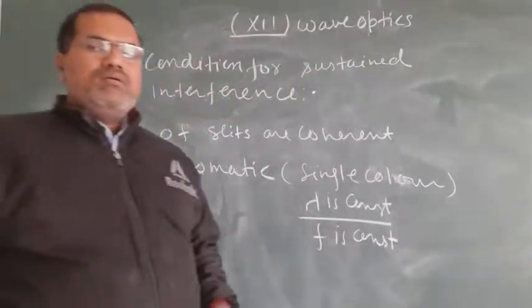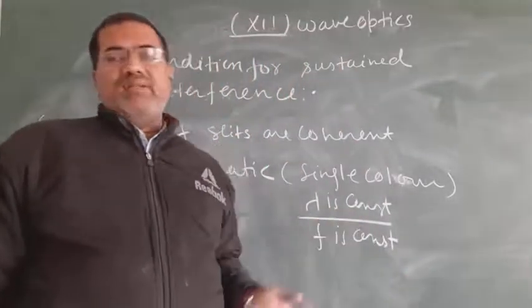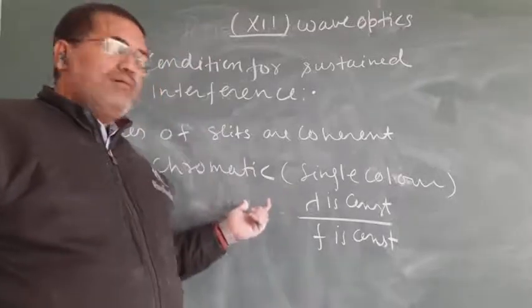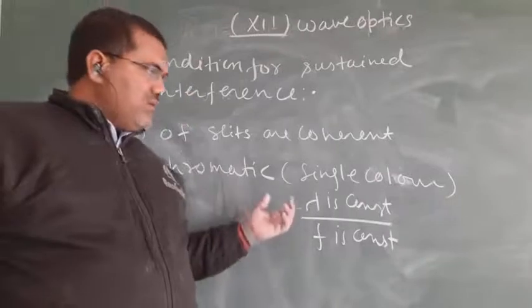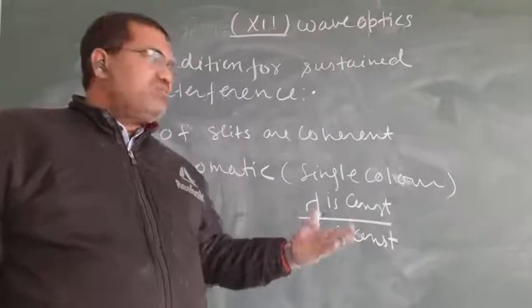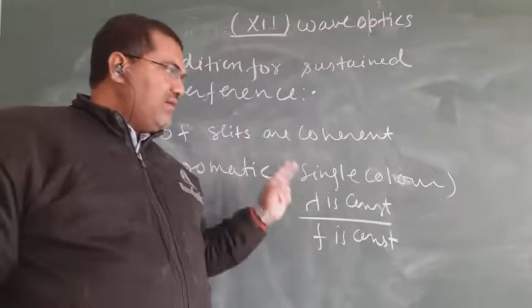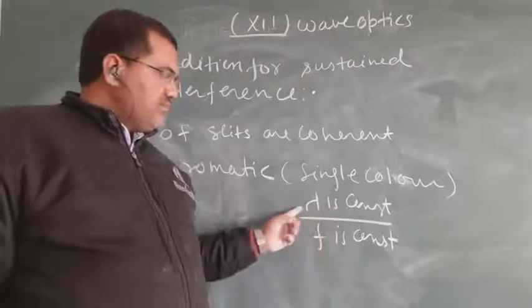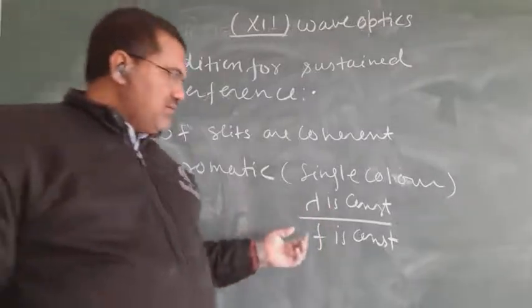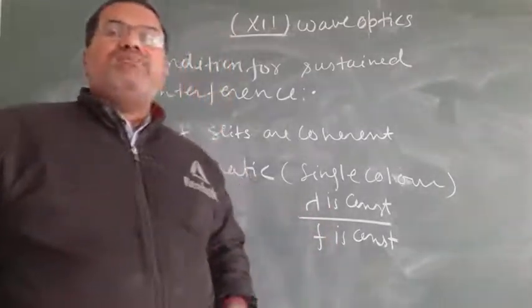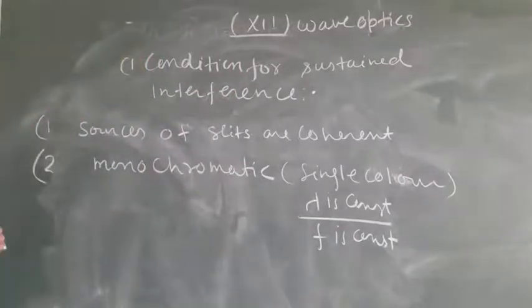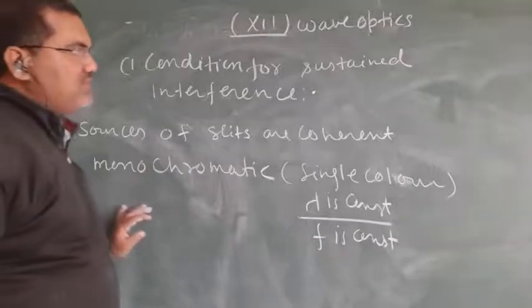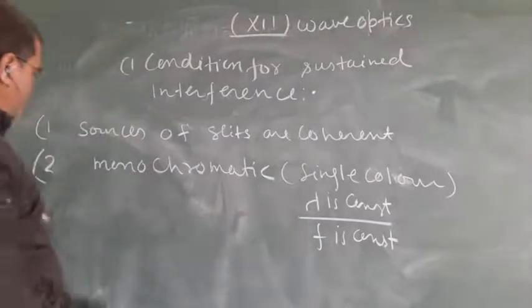So for good interference on the screen, we should take monochromatic light, that is single color. Single color means lambda is constant and the corresponding frequency is also constant. So this is the second property for the condition for sustained interference. Third one